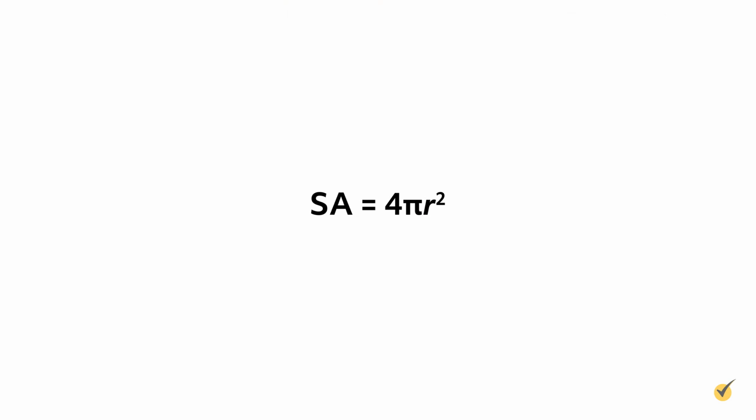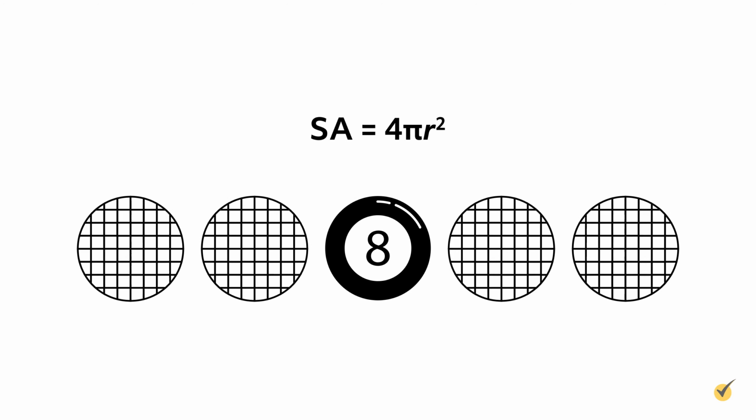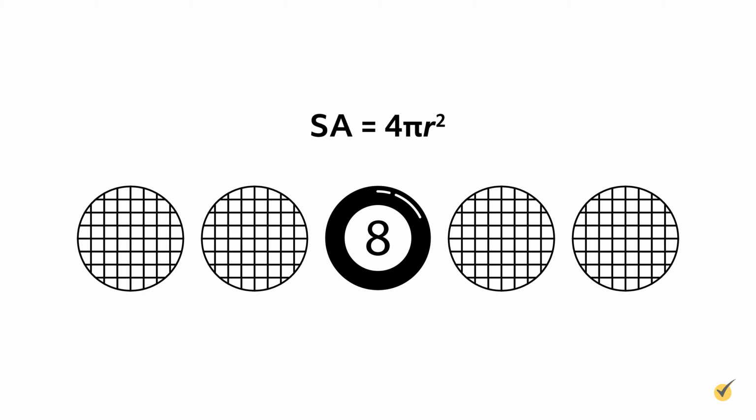Instead, we find the area of its entire surface all at once using the surface area formula for a sphere. Surface area is equal to 4 pi r squared, where again, r is equal to our radius. Remember that the formula for the area of a two-dimensional circle is A equals pi r squared. The surface area of a sphere is simply 4 times that. We could try cutting out 4 billiard ball-sized circles on centimeter graph paper and trying to paste them on a billiard ball, but we can probably imagine how well that would go. Let's use our formula instead.